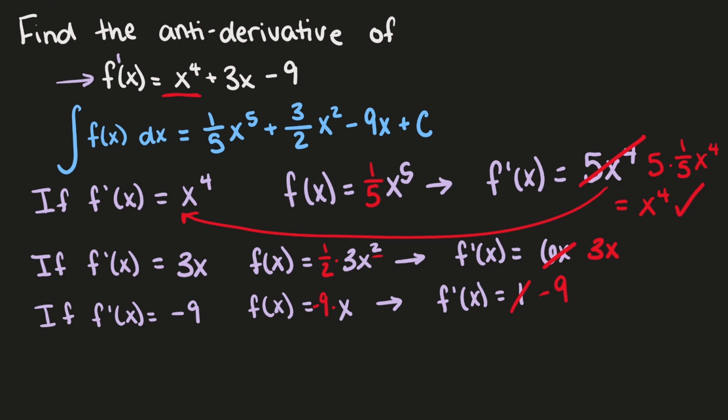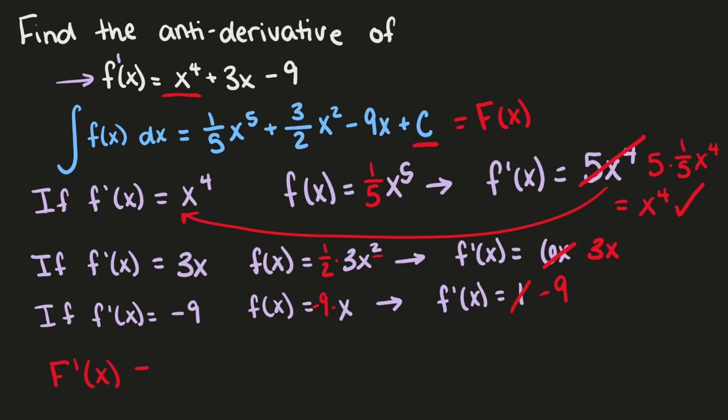So that's why we always have to have this plus c at the end, because we need to account for any extra constant terms that we may have in our function. And if we work backwards, we take this now, capital F of x,